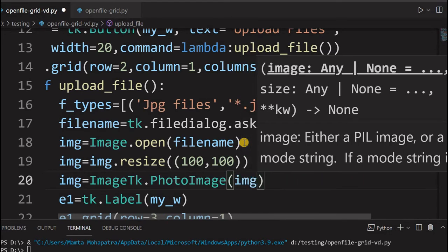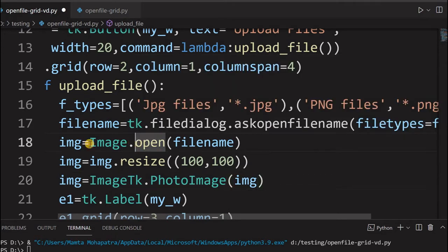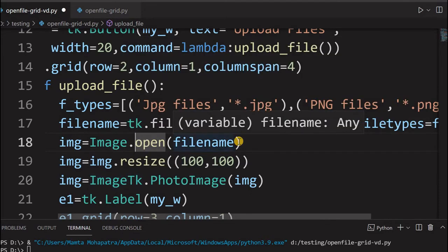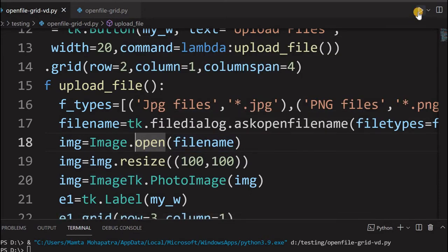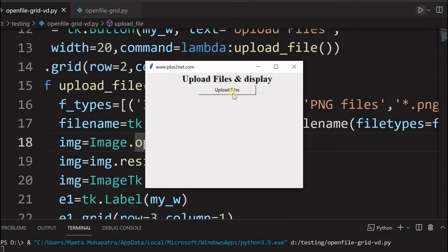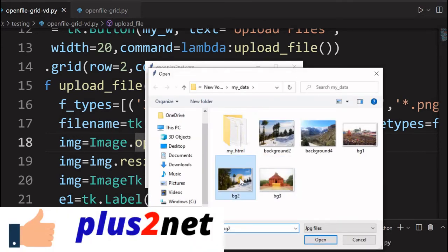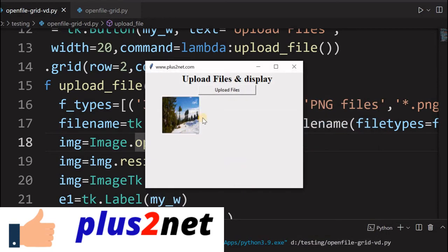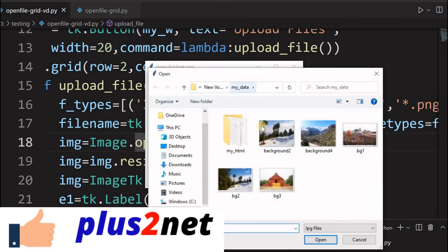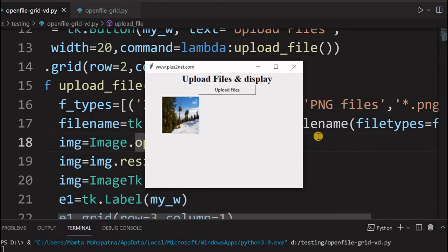Now let's see how the resizing works. What I did here is I have first opened the file, read it, resized it, and now I am displaying it. So I'll just save it, run this, let's see how this works. Upload a file, let's go for the same big picture we had. See this, now it is 100 by 100, the full picture has come up. I can change it to my old one also, this one. Yeah, you can see the picture, whatever the size is, I'll resize it to 100 by 100.